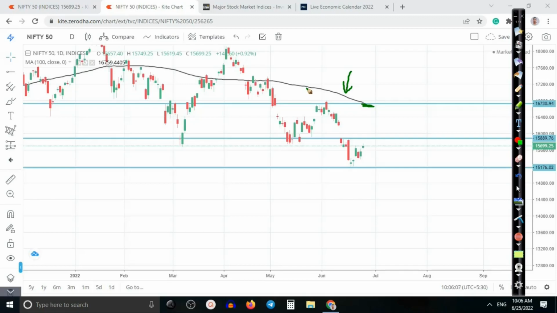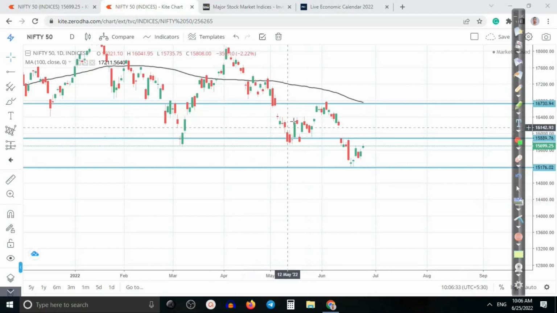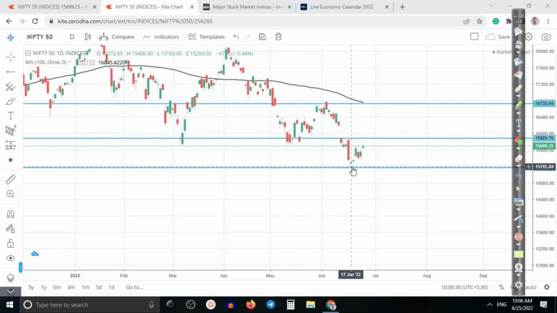Now in the daily time frame it acts as a resistance, meaning if price breaks this 15,900, there is a probability to hit the level of 16,700. Okay, and in the daily time frame I already made a video, so it's a pullback and it's a 123% extension of Fibonacci. So our entry point will be above